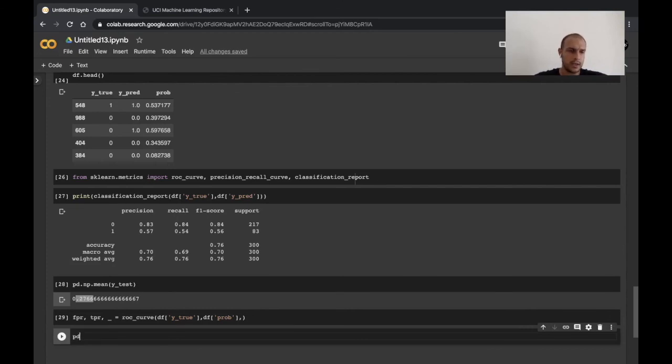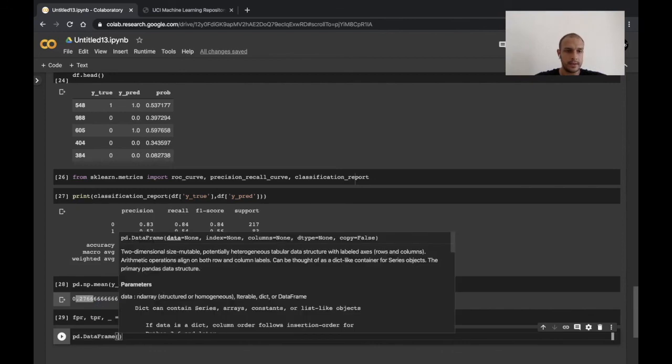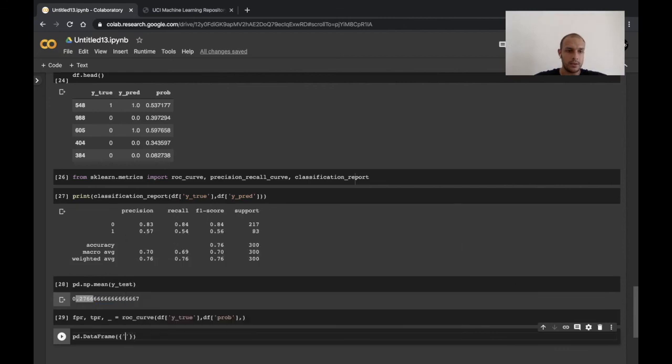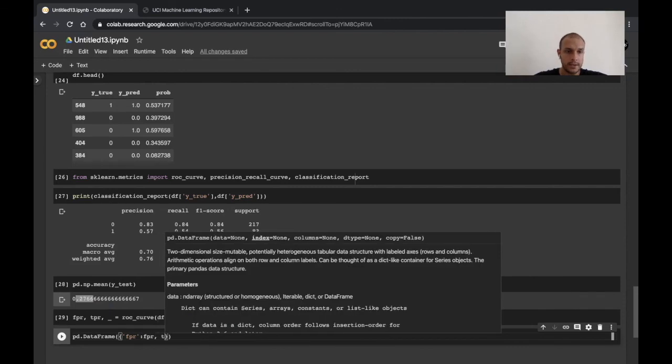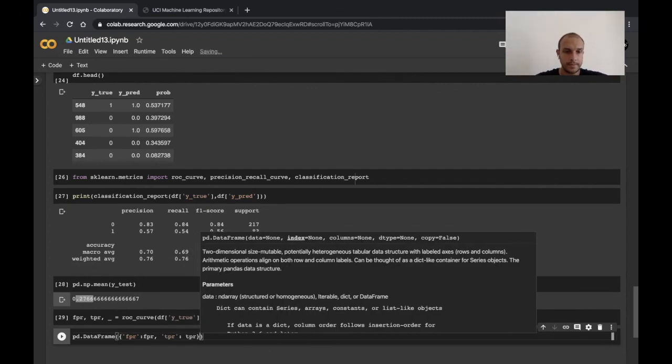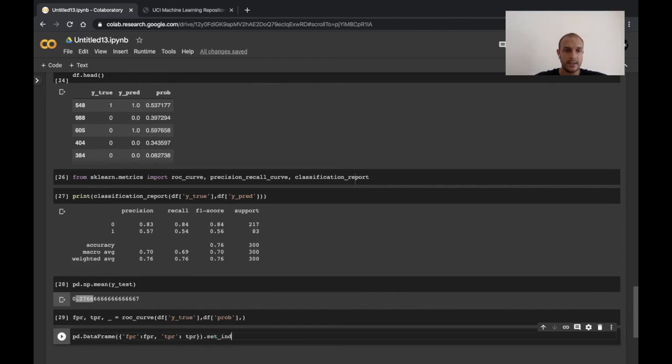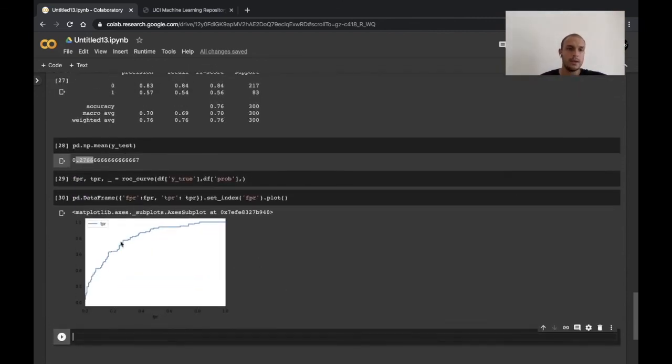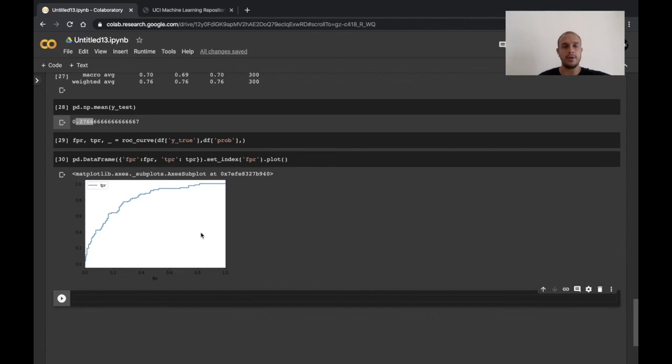Okay, and now plot. I do it like this: pd.DataFrame, just to not import matplotlib and etc., and a dictionary. And now I use FPR as FPR, TPR as, sorry, TPR. Now set index of FPR and plot. So see, here I have my roc curve. I'm sorry, and